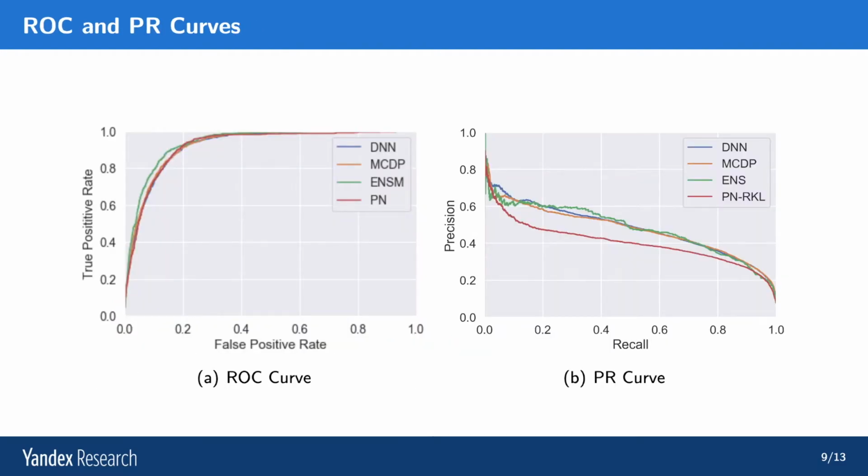Now, here I have drawn the ROC curve on the left and the precision recall curve on the right. If you imagine a diagonal line from 0,0 to 1,1 here, this diagonal line on the left would correspond to random performance. And here we have models which actually perform quite well. On the right, we have the precision recall curve, and here random performance would correspond to a horizontal line at the level of the error of the model.